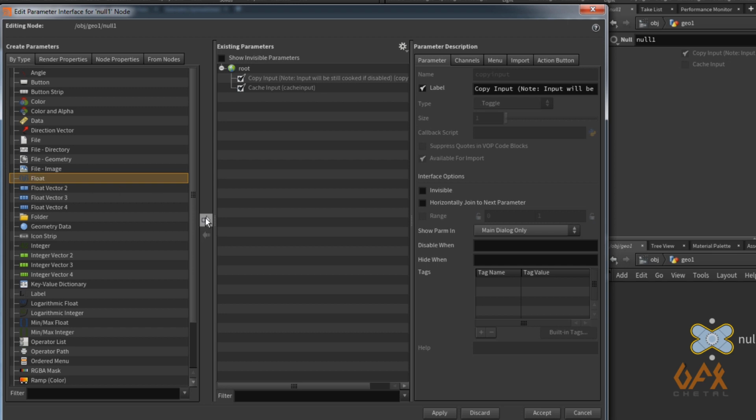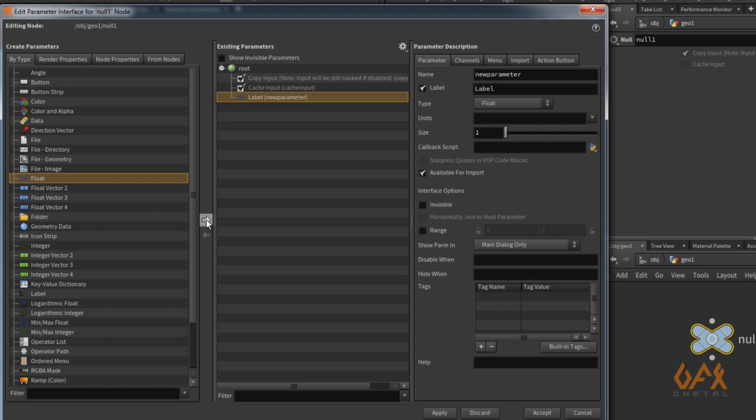I select it and add it by clicking this. Now I select this, and here you can change the name, which is the name you can call in your expression. For example, here I give the name capital R, and this is the label through which you easily identify the function of that parameter. So I just write down here: radius of stator.